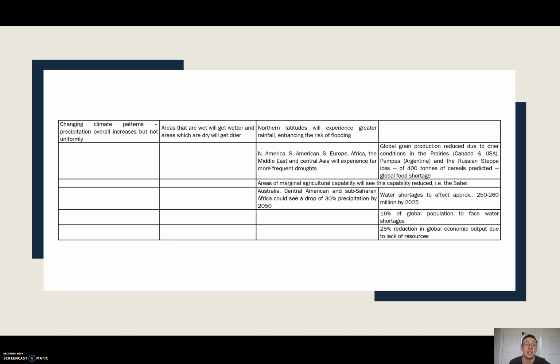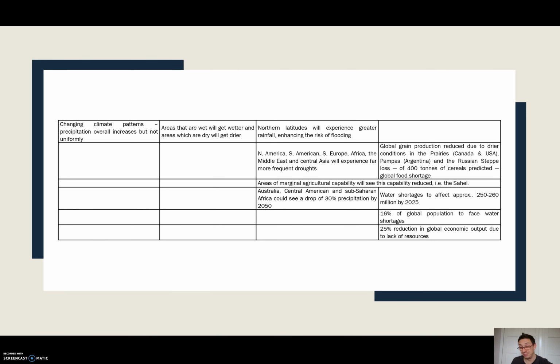But if we're looking at changes in climatic patterns, not only are temperature patterns going to change, but we're also going to see precipitation patterns change. Key point here: this is not uniform change. It's not like we're saying, okay, as you move further north of the equator, you're going to see more rainfall, or further south less rainfall. The changes will vary in different geographical areas depending on that area's particular context.